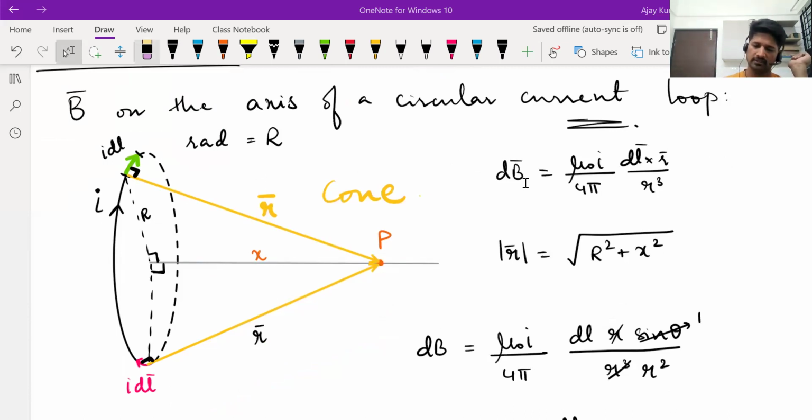Okay, so let us visualize the direction of magnetic field produced by each element here. Now, one element I have taken in green. Visualize placing your right hand thumb along that green vector and the fingers along this position vector. If you do that,